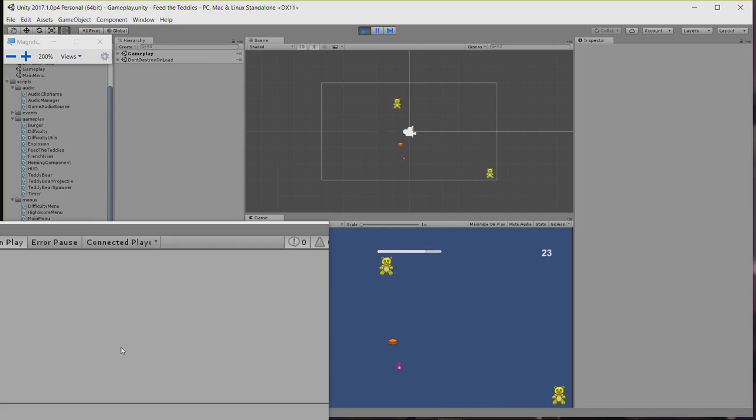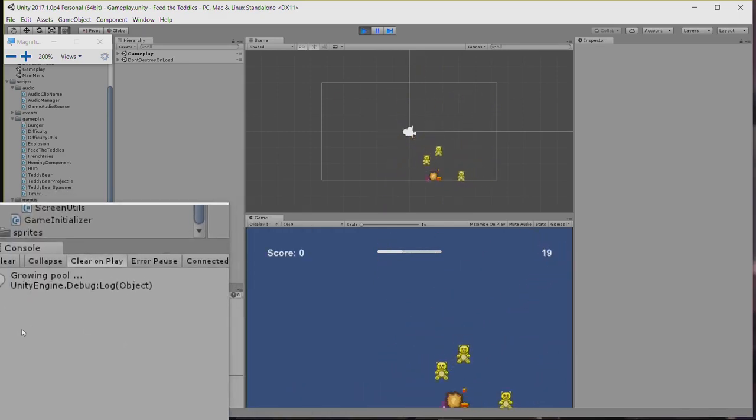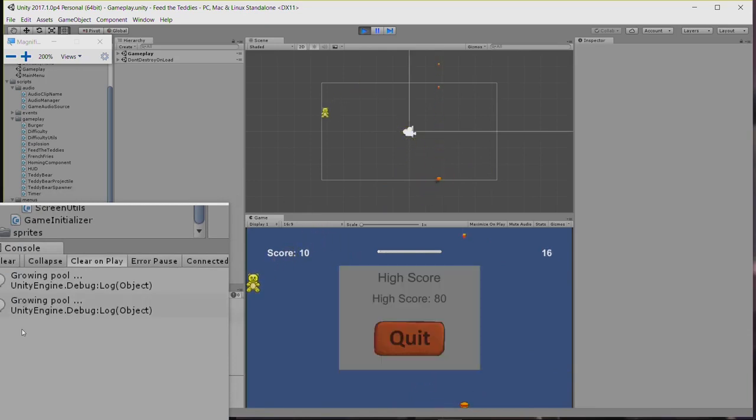I only use 2 French fries. But as soon as I need a 3rd French fry, you can see that I can pool, and I can go to pool again if I need a 4th French fry, and so on. So of course you wouldn't include this message in a game that you shipped, but I wanted to use it to show you that we actually do grow the pool as we need to, as we need more French fries